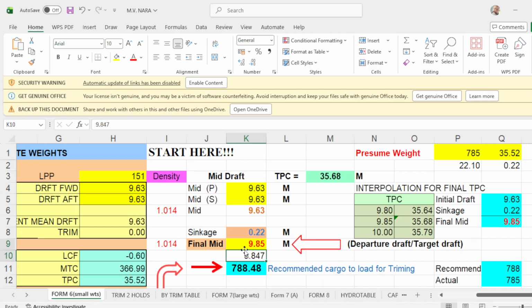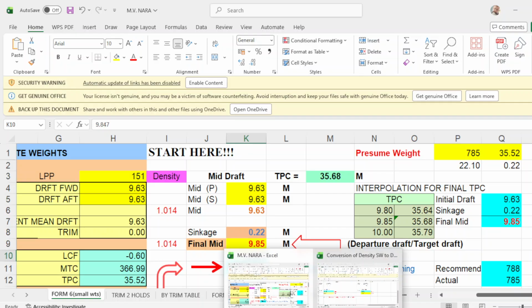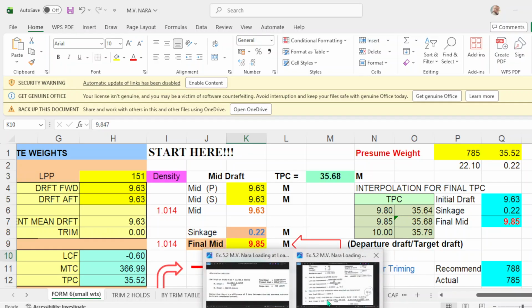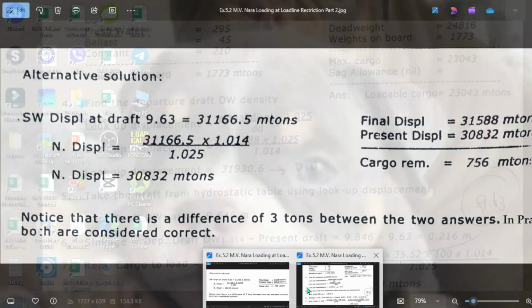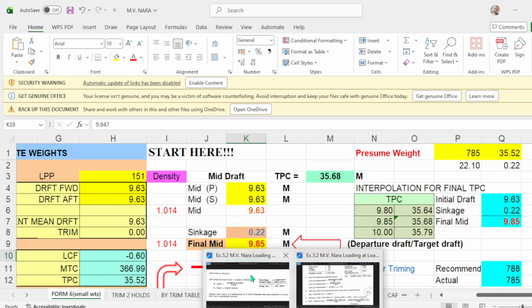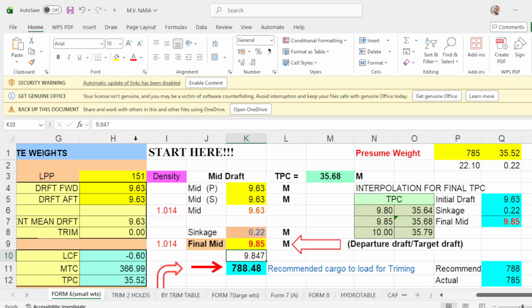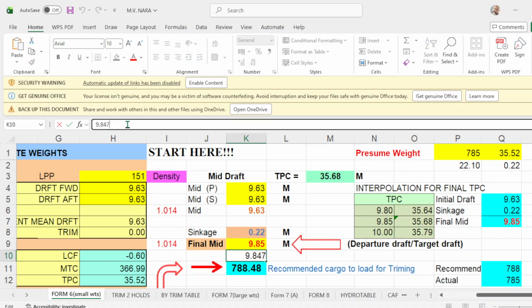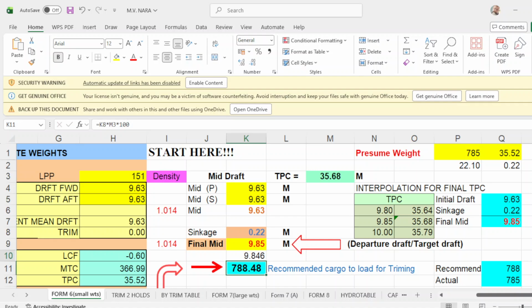So you use 9.85 instead of 9.846. Okay. This should be 9 instead of 6. Okay. If you round it up, that will be 9.85.